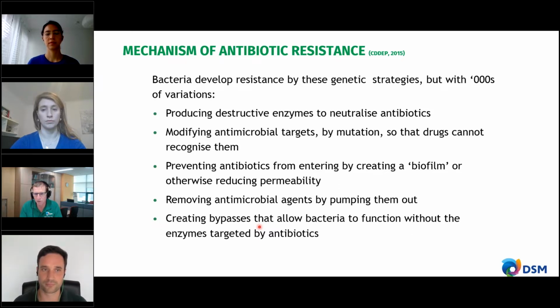And when we look at the general class of antibiotics, they are largely a single chemical, maybe two combinations of antibiotics used, but they're very specific chemicals and they will target one of these particular activities. And so this is why antimicrobial resistance can develop quite quickly, because the bug only has to get around one particular chemical.